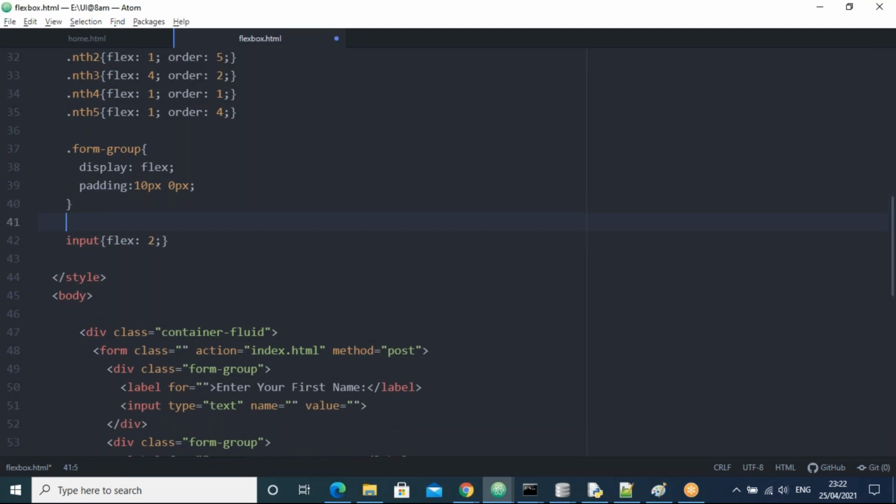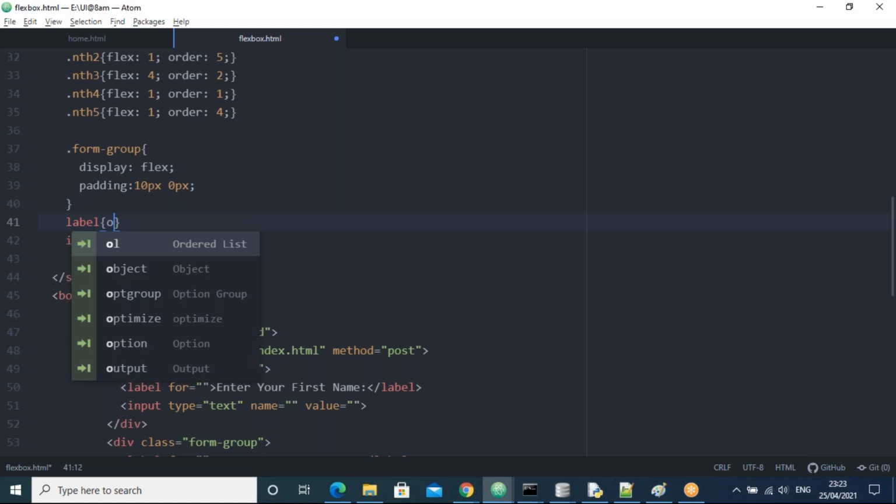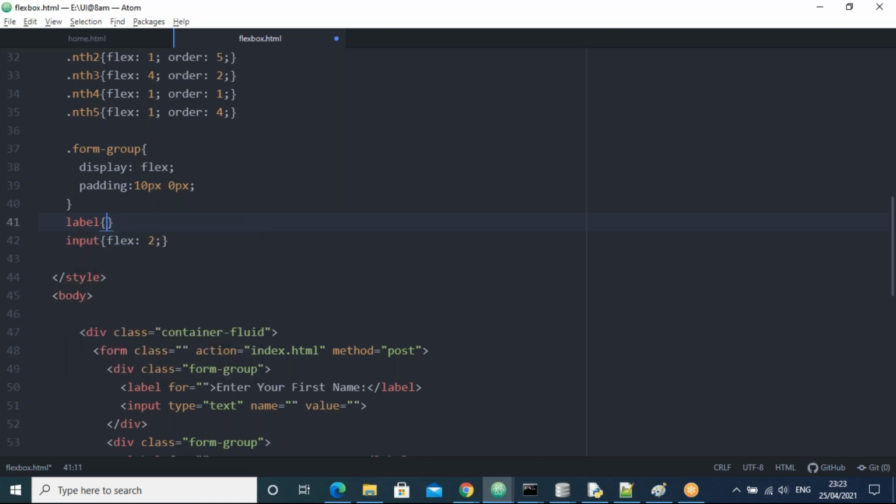Now that's about the input. I'll take the label also, guys. For the label, we'll take padding right, for example 20 pixels.